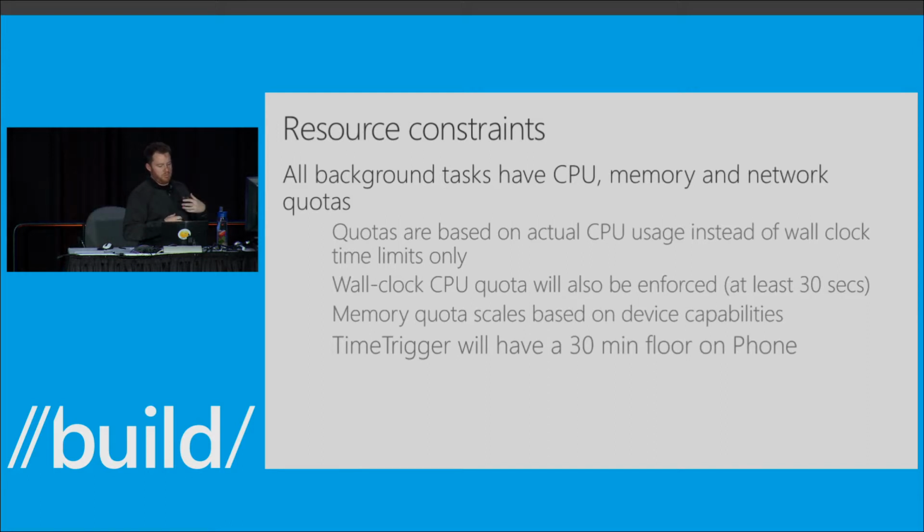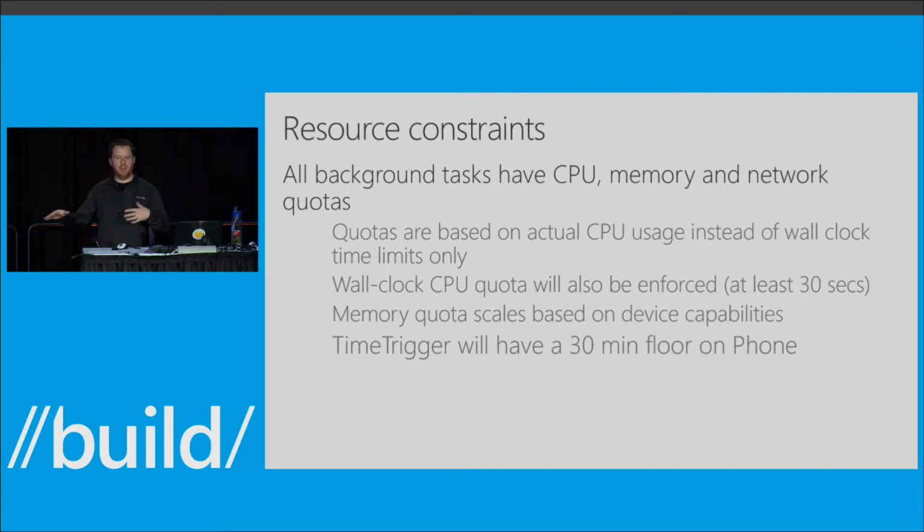So by moving over to the modern background infrastructure, we're now measuring things in CPU time, as well as wall clock time, so we do have a limit on how long a task can run. This will vary based on if the device is plugged in, or if the user's actively using the device. It's always at least 30 seconds,